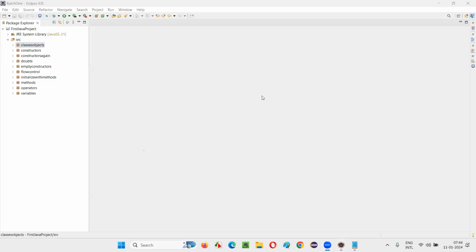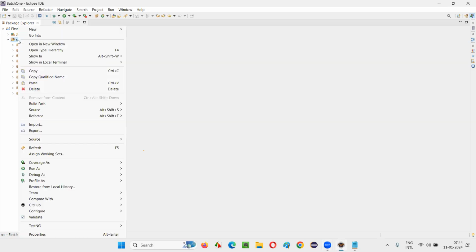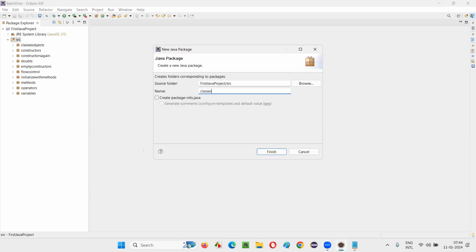Any doubts, any confusions in the constructors? Either type C or you can ask me the questions. Okay. Now I'll just create another package, classes, objects again.